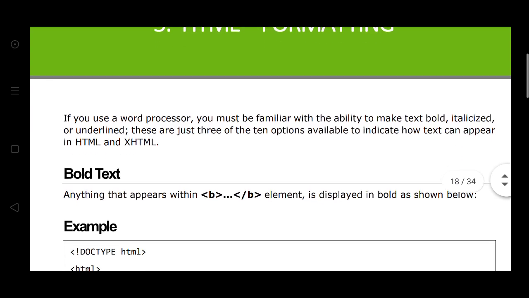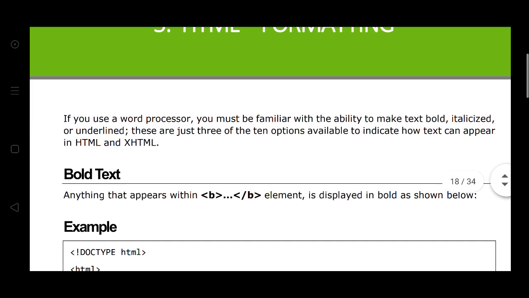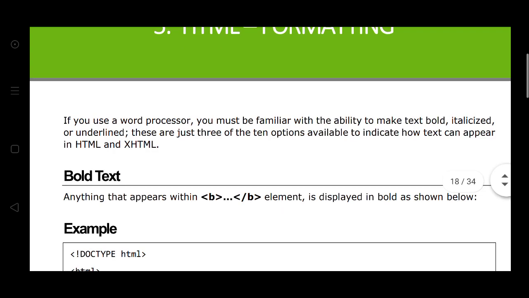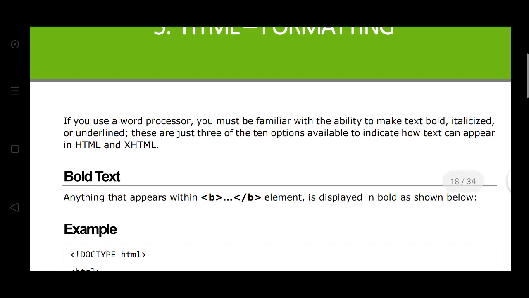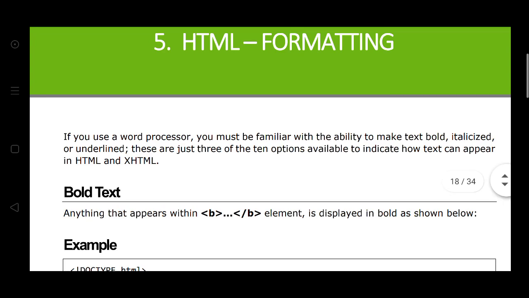The HTML formatting tool. We have seen formatting in a Word document, formatting in Excel. Formatting means the text formatting, most of the text formatting.